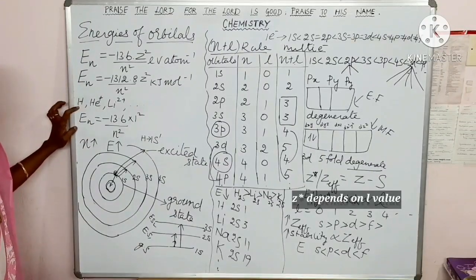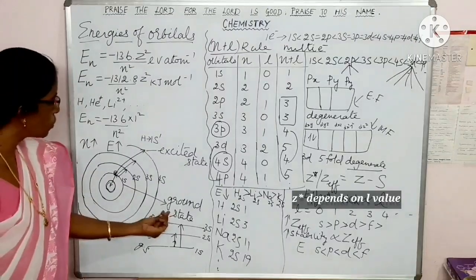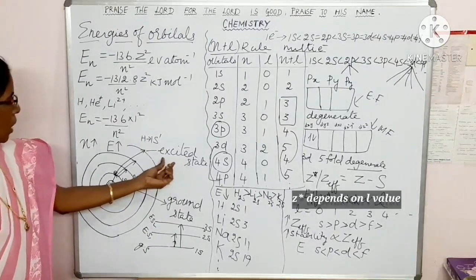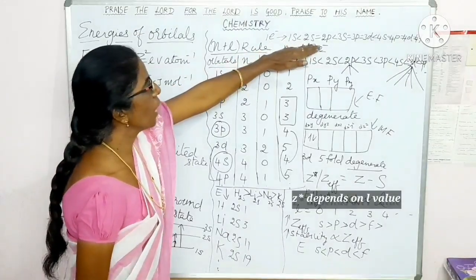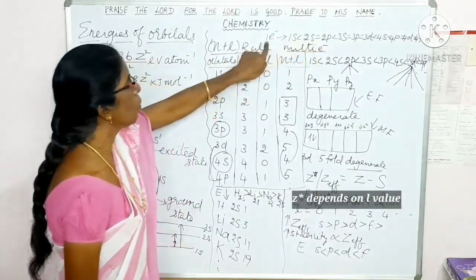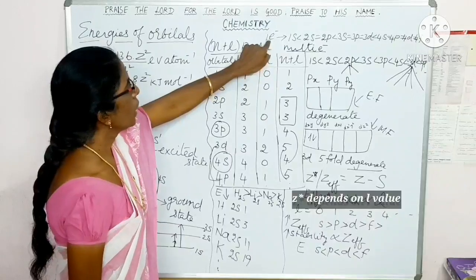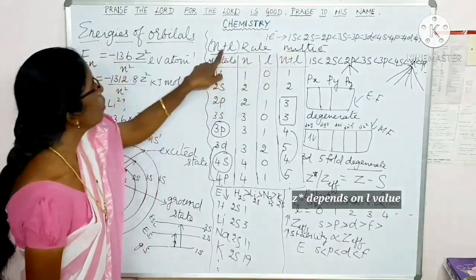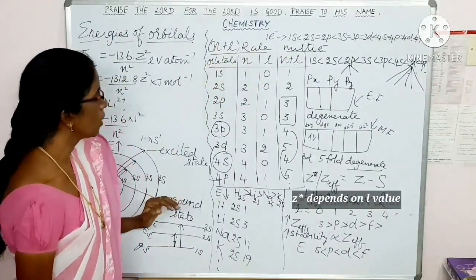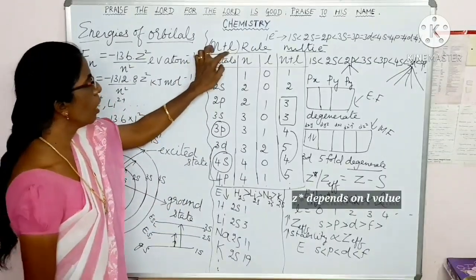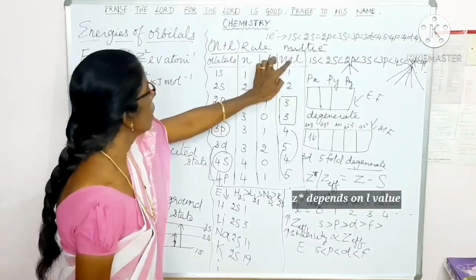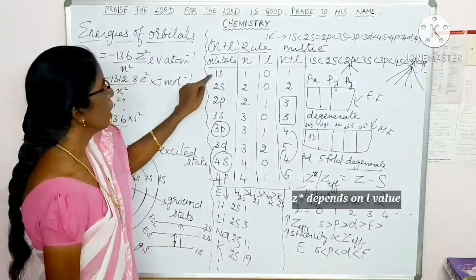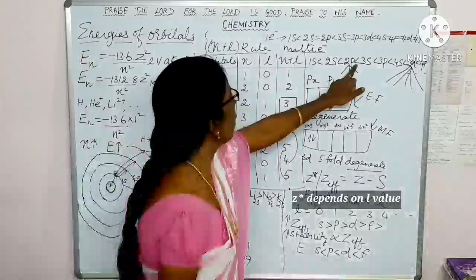So we have completely learnt about energy of the orbitals considering Bohr's theory calculated for one electron system. There we learnt what is ground state, excited state. Then we have given the increasing order of energy levels for the various orbitals in the one electron system. Then for multi-electron system by using the n plus l rule. What is the n plus l rule? Lower the value of n plus l in an orbital, lower will be its energy.